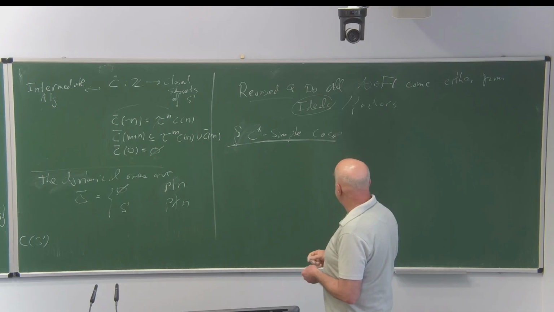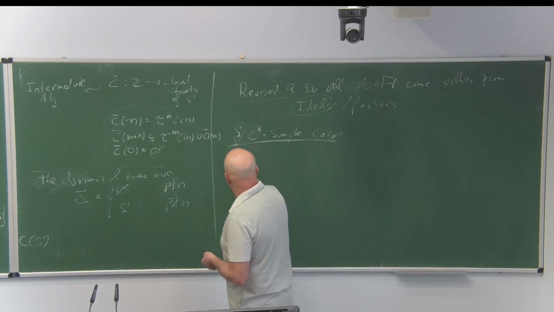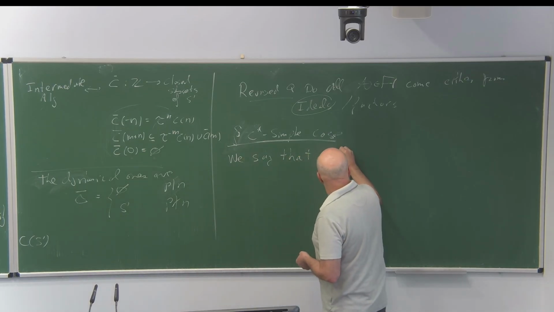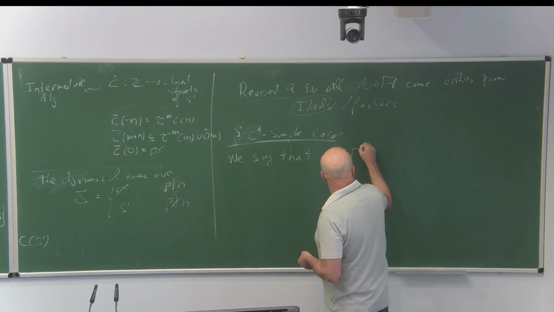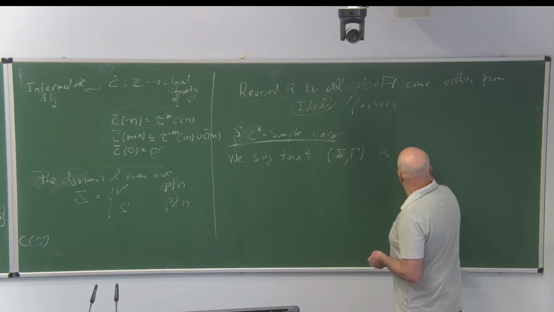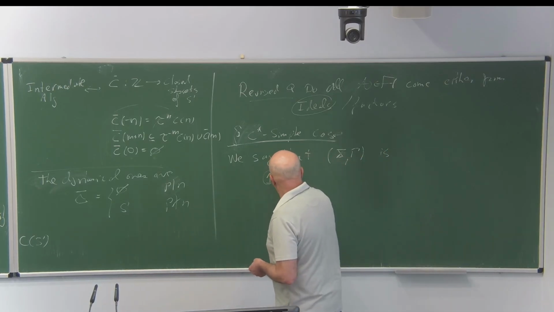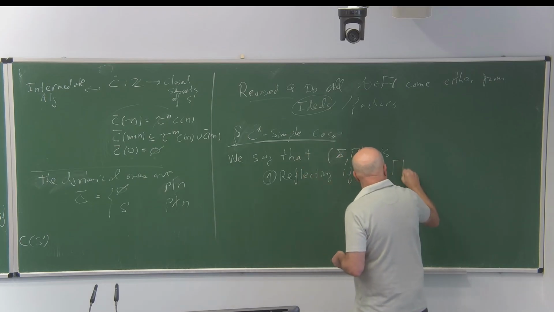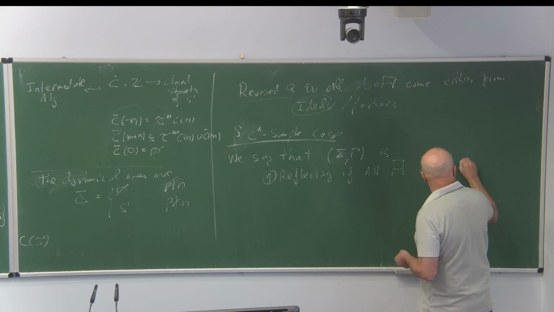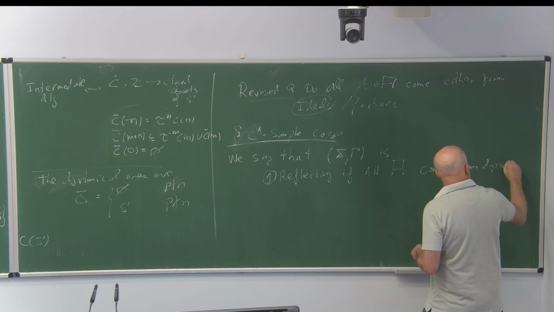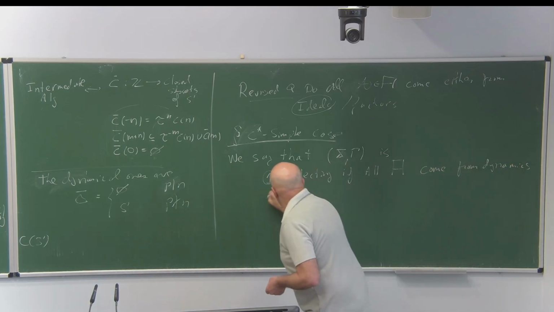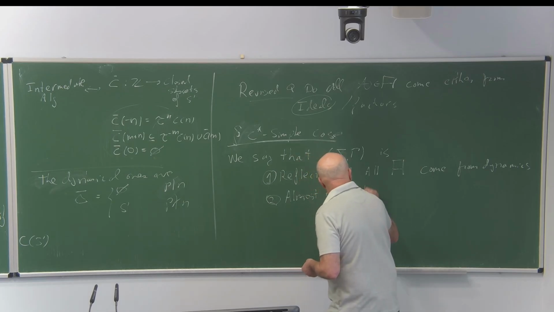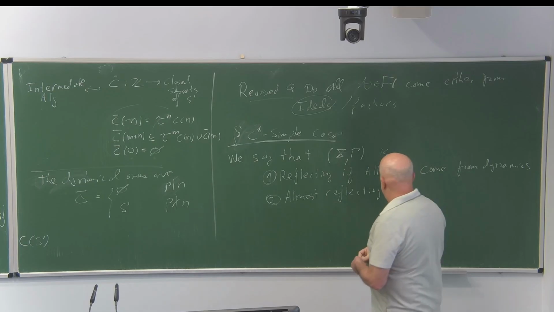Let me give a definition. We say that a system X gamma is reflecting if all intermediate algebras come from factors, from dynamics, and two, almost reflecting if